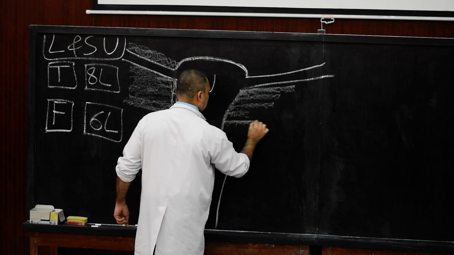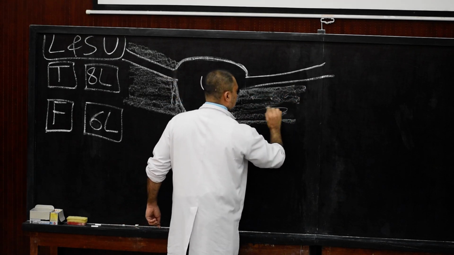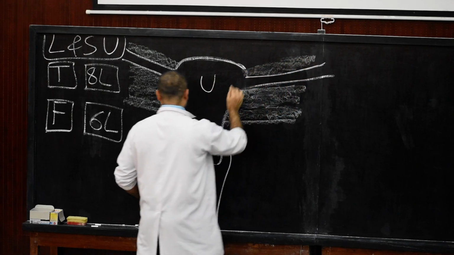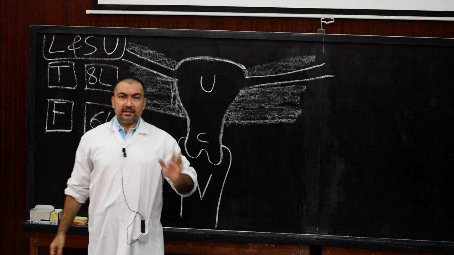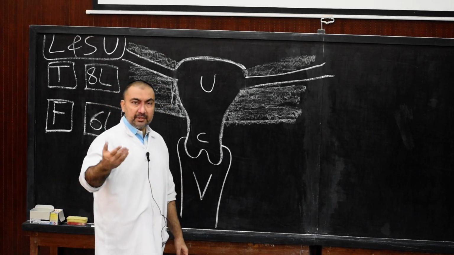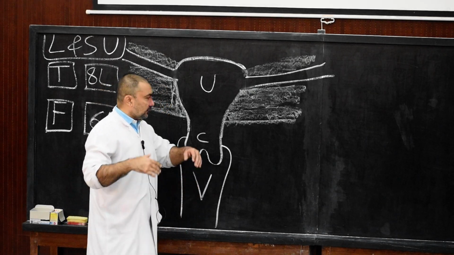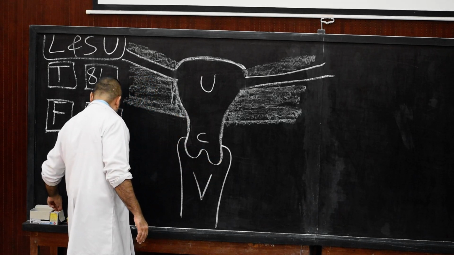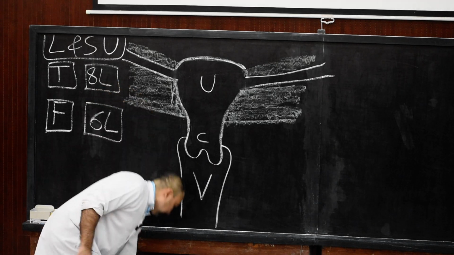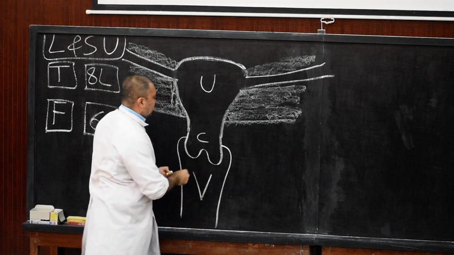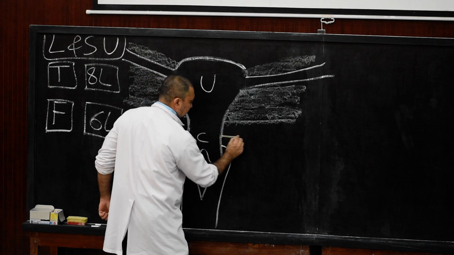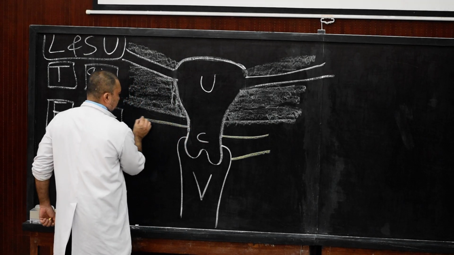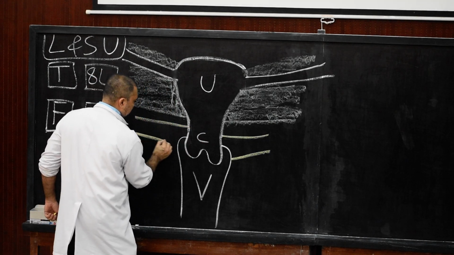So this is the broad ligament which is attached on the lateral wall, and this broad ligament functions as one of the false ligaments of the uterus, which will be taken in a separate topic because the broad ligament is asked as a different topic. After drawing the broad ligament, we are going to draw lower down. I'll use yellow color, and I'm going to draw the transverse cervical ligament. This is the transverse cervical ligament.